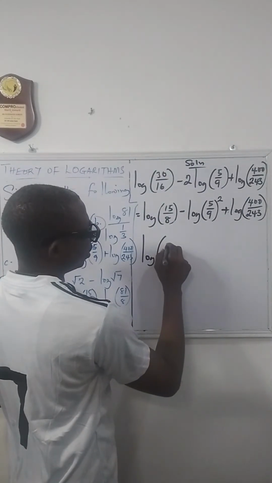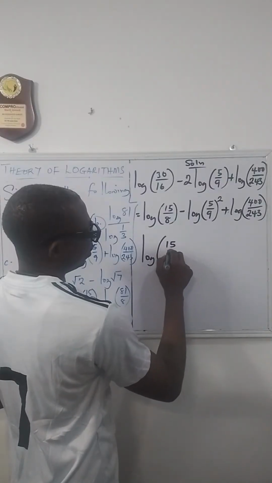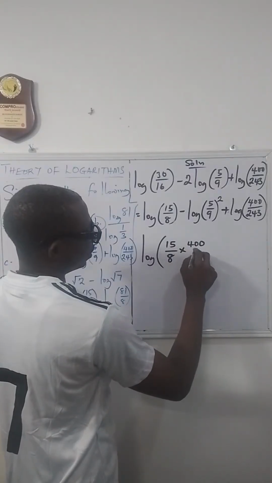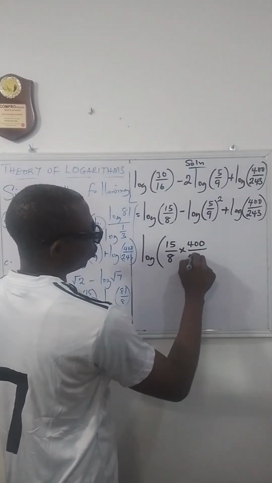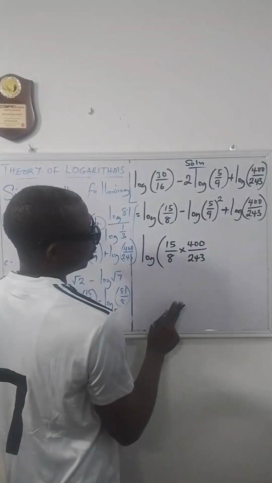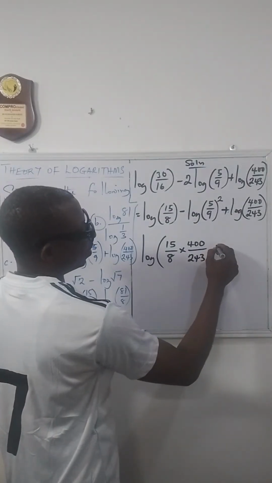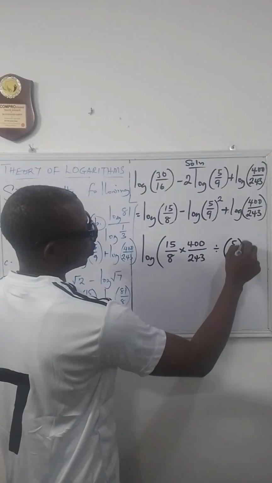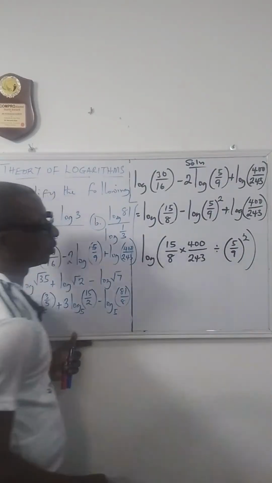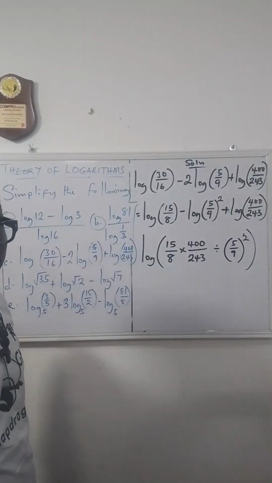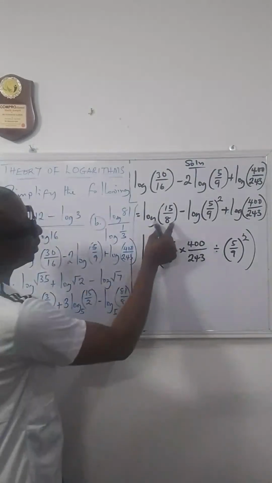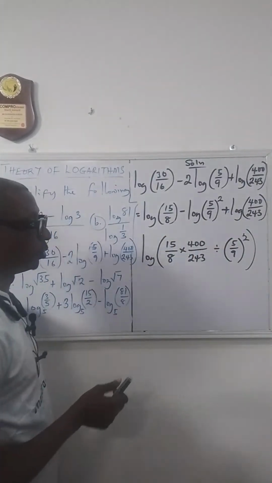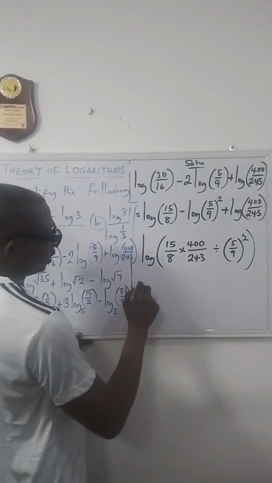So I will have 15 over 8 times 400 over 243. Okay, now divided by 5 over 9 squared. Okay, do you understand that now? So this plus this minus this. So you multiply this and you divide. So now this gives us